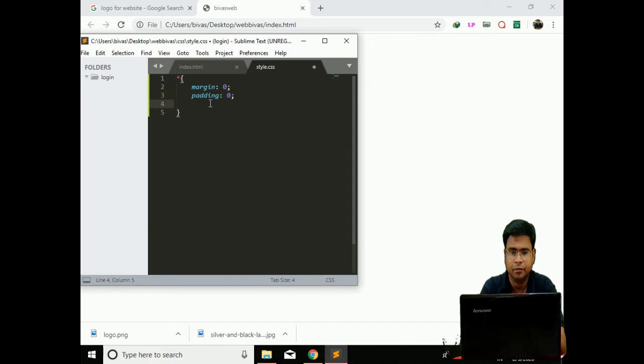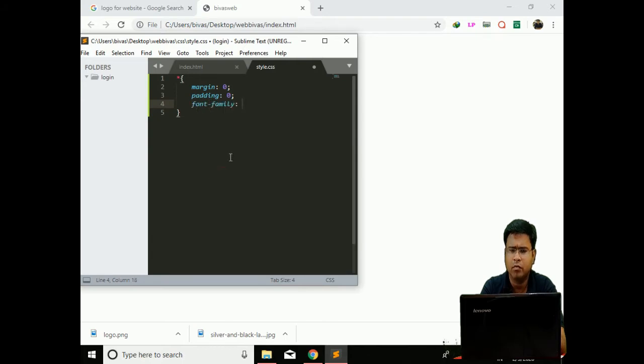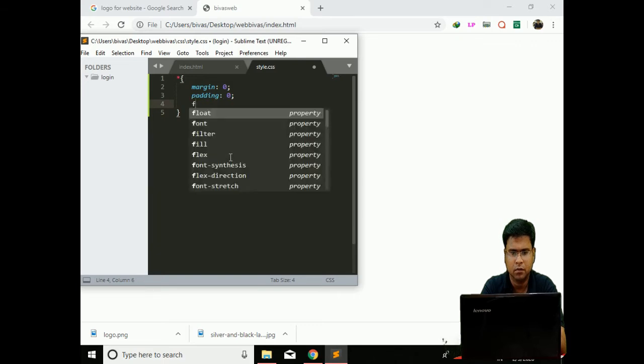Font family, you can choose whatever font family you want. My personal preference is Century Gothic, so I am using that.